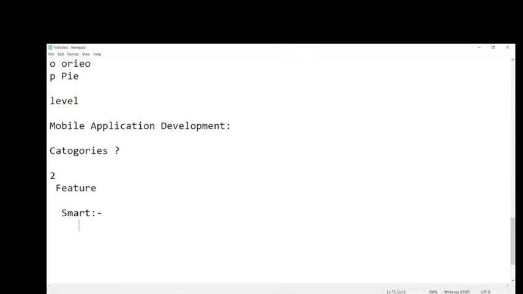There are different ones: Android, iOS, Windows, BlackBerry. But nowadays BlackBerry is almost gone, and Windows also. Only Android and iOS are trending in the market. We develop applications for these two, but here we are developing applications for Android mobile. Okay, this is fine.